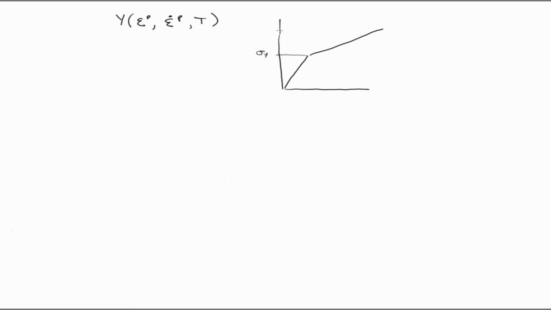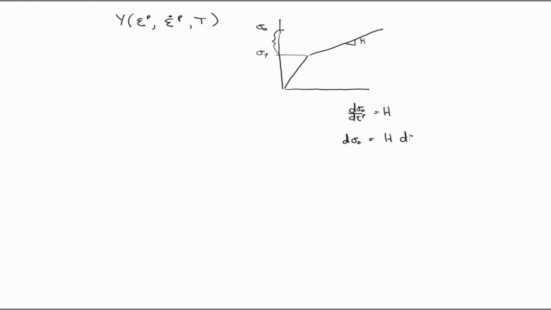And let's define sigma 0 to be the increase, so it's this distance, the increase above the elastic limit. And if this is h, then I can say that d sigma d epsilon p is equal to h. The slope is h, that guy. Which means I can